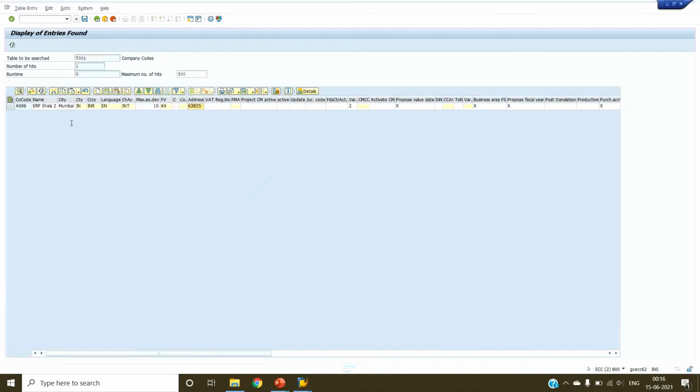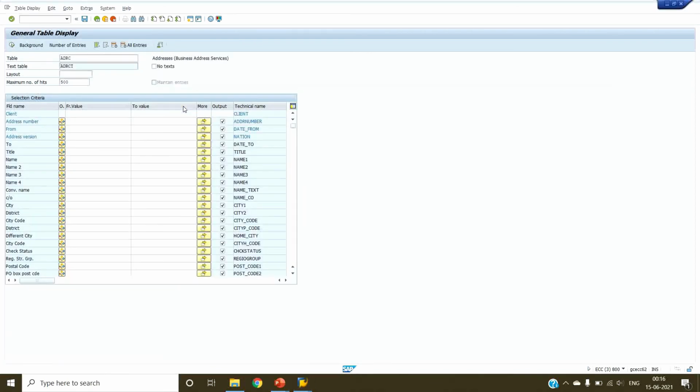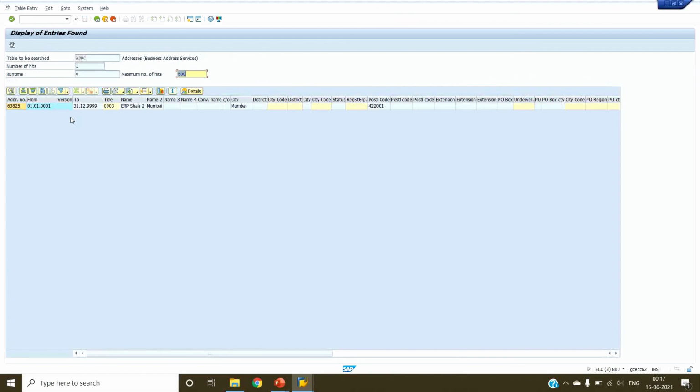It is not being copied, I think. This is the address number. Click on execute F8. It will show the address details like city correctly, Mumbai, postal code. Like this, data will be coming in this address number details.